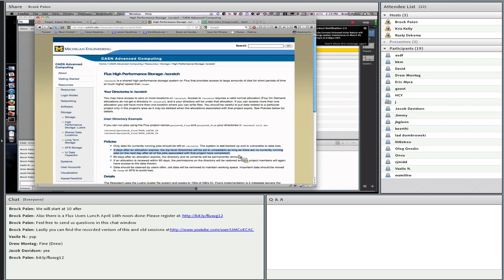If you had a hiccup and you're still trying to get some stuff off of there, let us know. We can temporarily grant you access, but basically don't expect to be able to access stuff in Scratch after your allocation expires. But again, it's not deleted. 60 days after your allocation expires, we will delete the data. So between that 5 days and the 60 days, the data is still there, but you can't see it. So if you need to get at it, you just need to ask us for permission, and we'll grant you